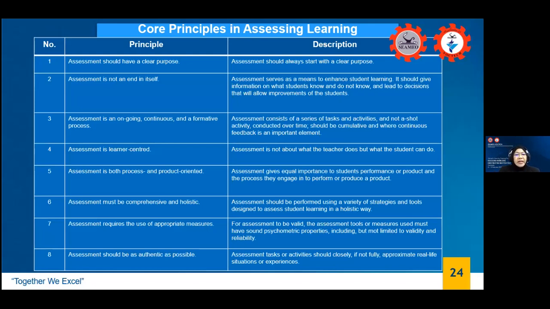Okay, and next, assessment must be comprehensive and holistic. That's why you have some progressive, continuous, or then at the end you want to assess them all because you don't want to miss on anything. You want to make sure that all aspects are covered. So that's why you say, I want it to be comprehensive, meaning to say all parts. You mean all strategies are used, all possible tools and materials you use.